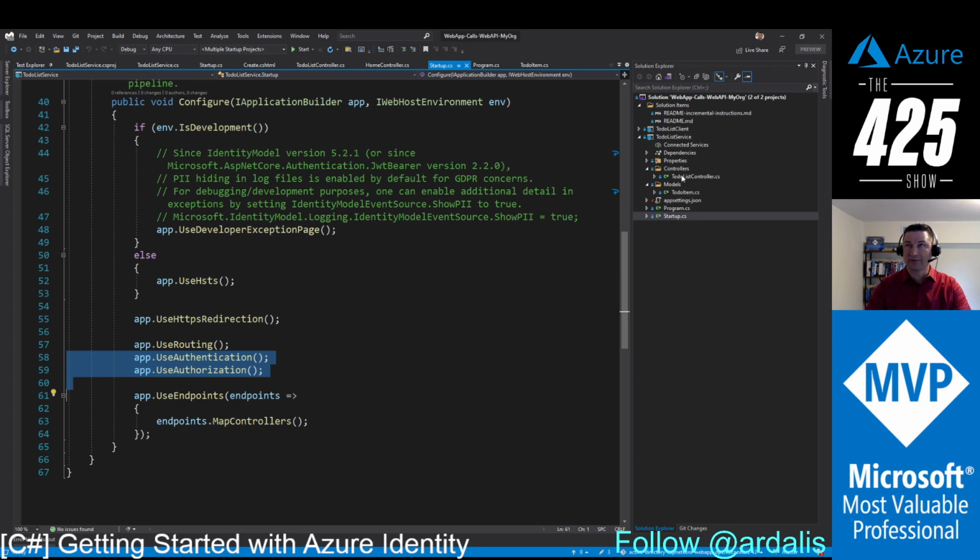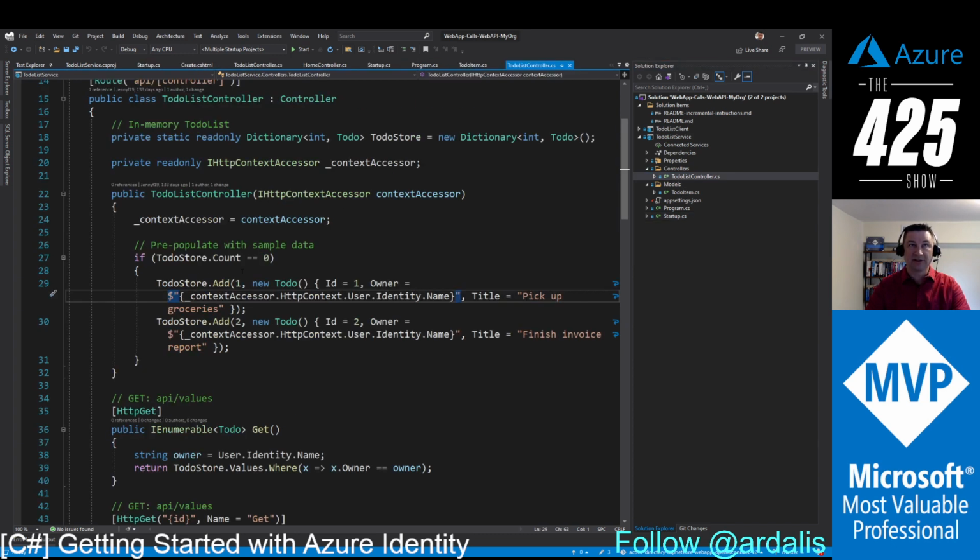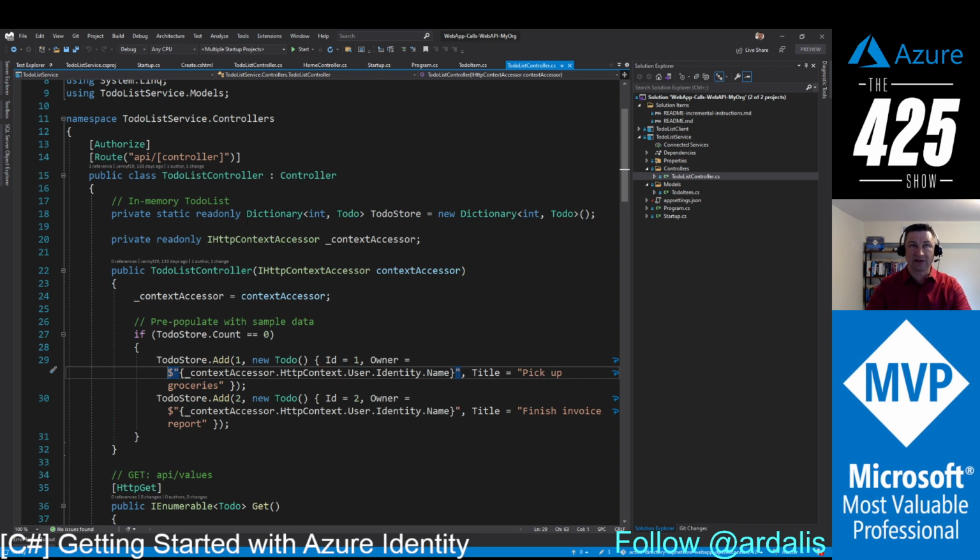The API is pretty straightforward. The only thing we had to do in this part of the API to take advantage of securing this with Microsoft AD was add authorize. So if you've used other authentication providers like Identity Server or other things,